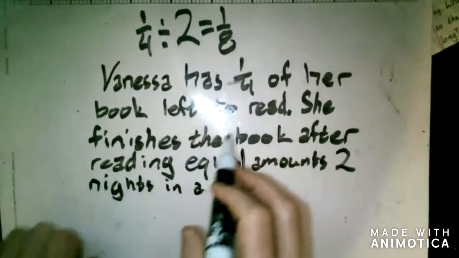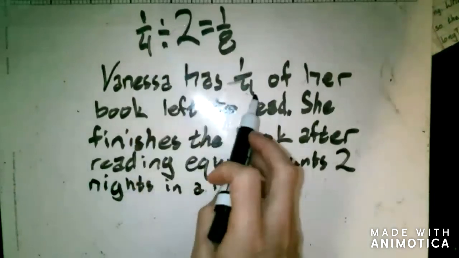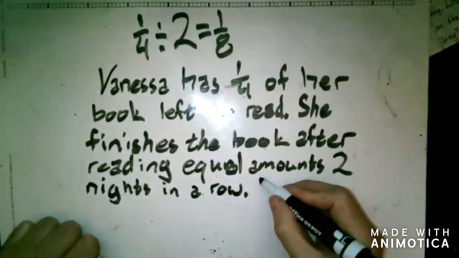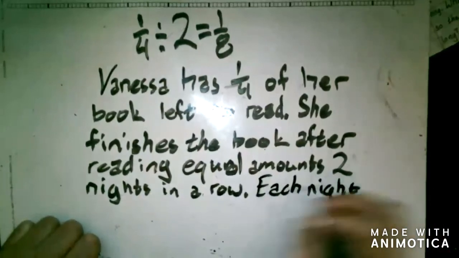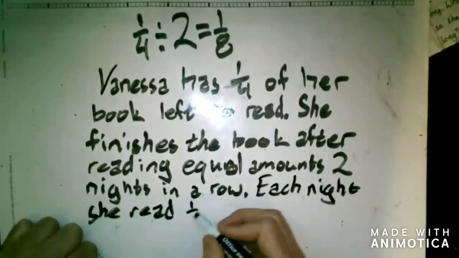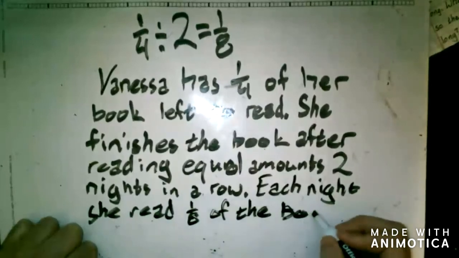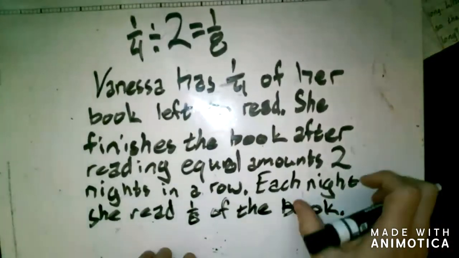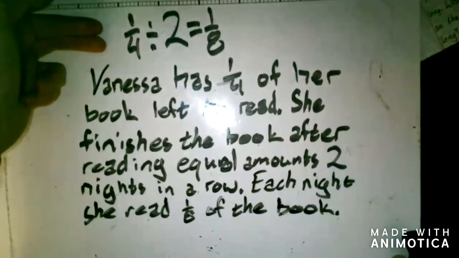So now I've set up a story where she has 1/4. So we say, what do you have? What changes? She split it into 2 equal pieces. So then I can say each night she read 1/8 of the book. So we are coming up with story problems that work, real world stories that work to match with the equations